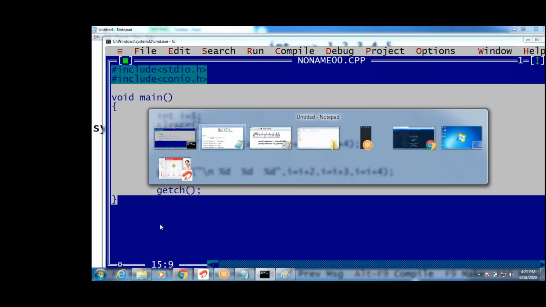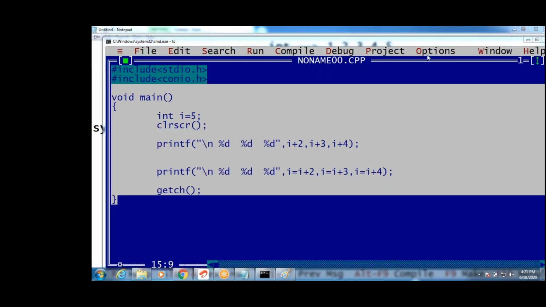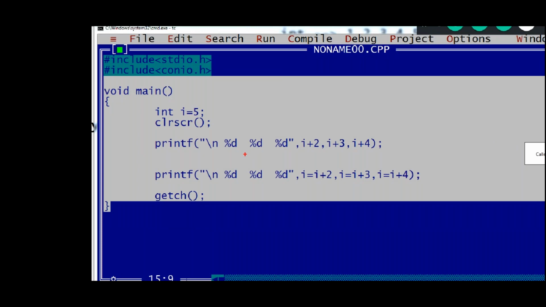Now tell me, guys, what is the output here? i plus 2, i plus 3, i plus 4. First format specifier is this, second is this, third is this. While executing, what is the output? 7, 8, 9. It executes right to left only. First 9 will be printed, then 8, 7. Here there is no change whether you print right to left or left to right. But here, the value of i plus 4 is 9. Next, the modified value: i plus 3, 9 plus 3 is 12, then 12 plus 2 is 14. So the output is 14, 12, 9. This is the answer.